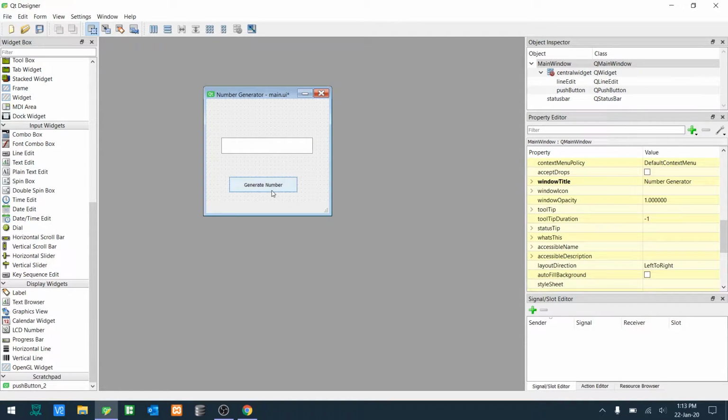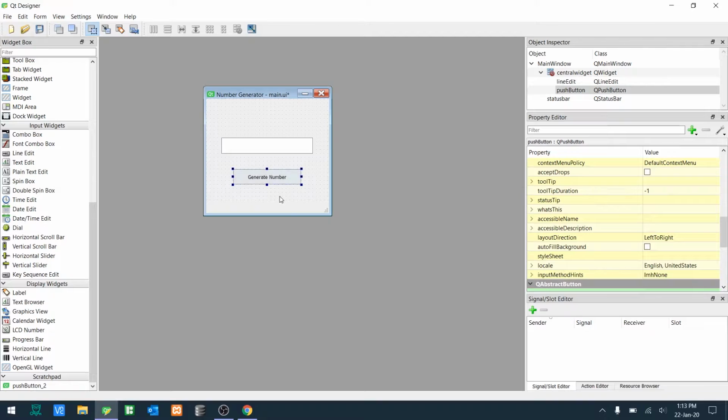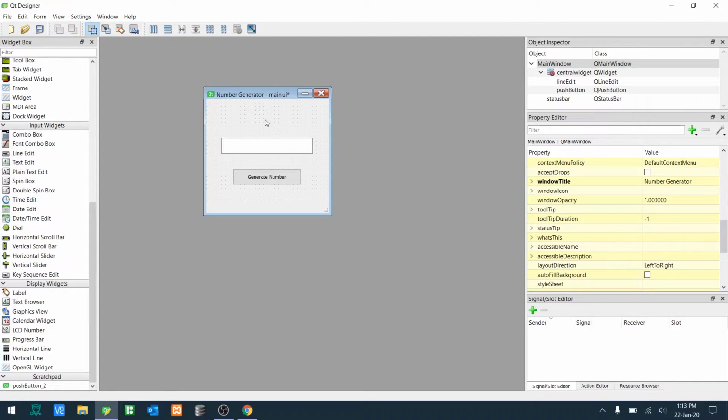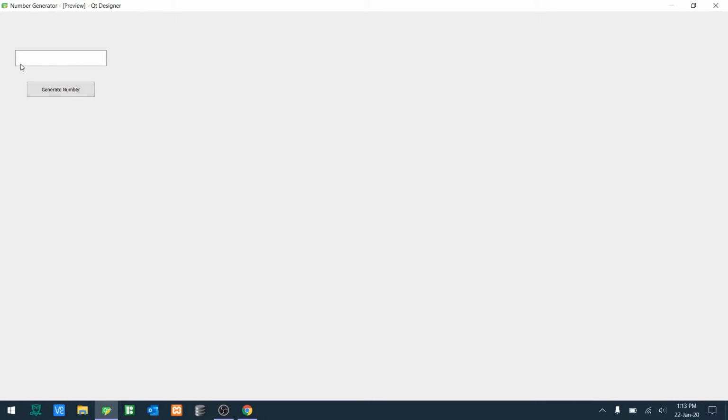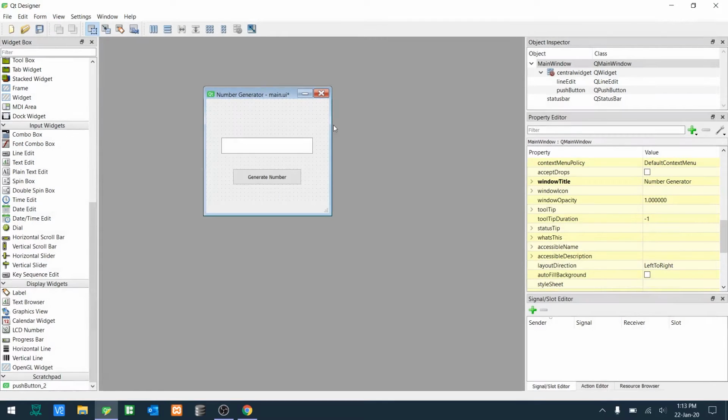Okay, so the thing is, at the moment my stuff is kind of out of alignment. We can utilize this. We can click this grid box, which allows us to make things uniform. However, there's a problem with that. The grid is only useful if you have an application that you want to expand. So at the moment, if we expand this, see, my stuff stays in that corner because that's how it's designed. But if we click here and click the grid, see, my